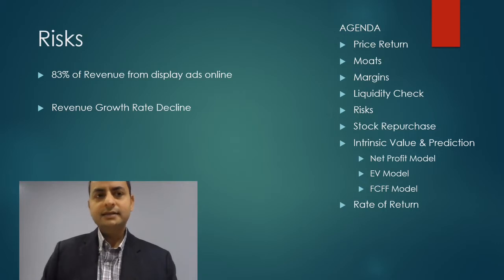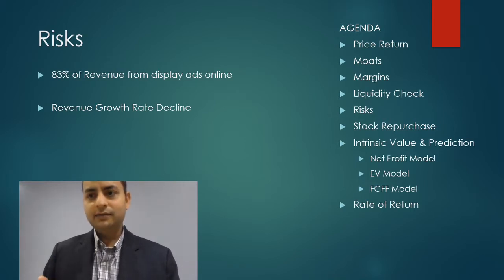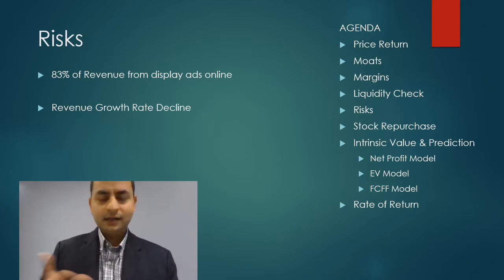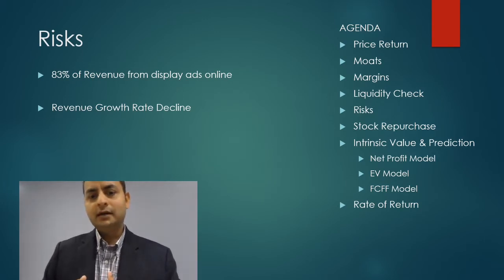And the second thing is the revenue growth decline, which I have already shown in the margin section. Other than that, wherever they compete, for example, YouTube against Netflix and others, there is very strong competition. But nevertheless, their core backbone is search. And going forward, we also see Bing is there, and other search engines are there, but I don't think anyone is near Google, at least